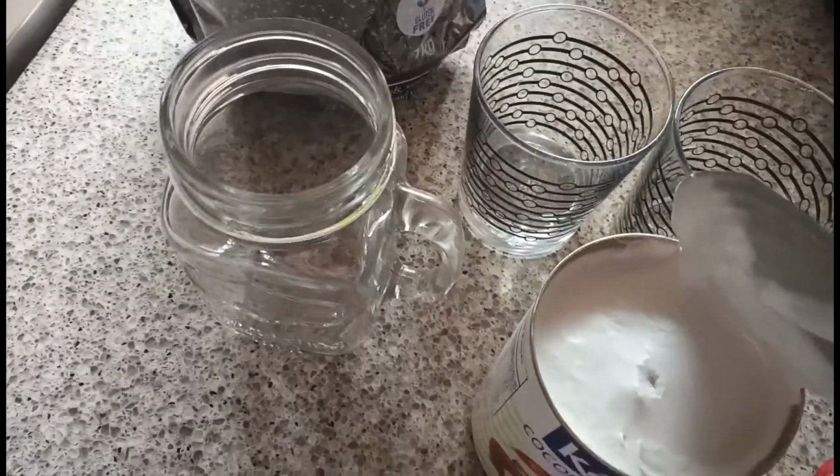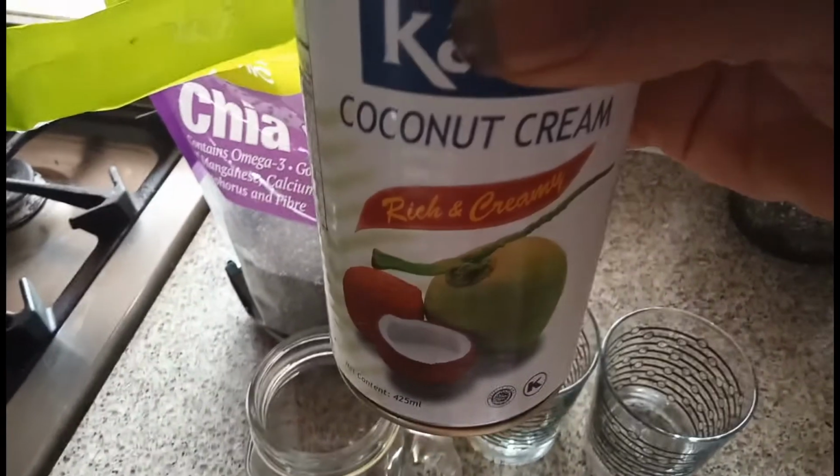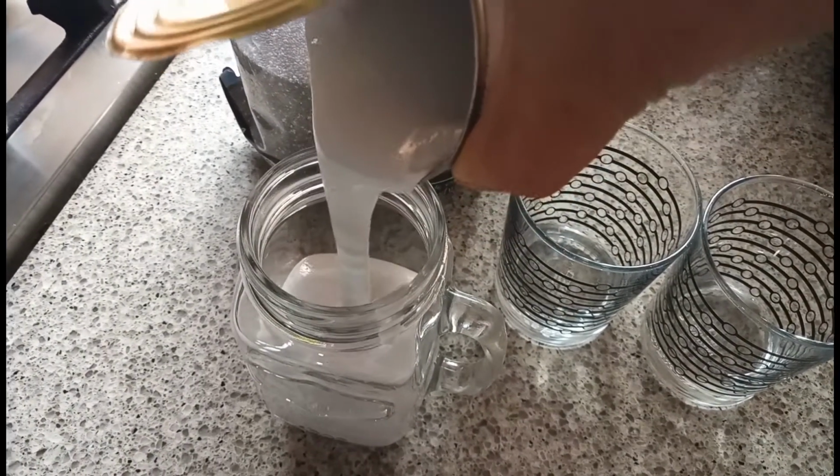So let's start. For this recipe what you need is some fresh coconut cream guys. So I'm going to add this fresh coconut cream into this jug,